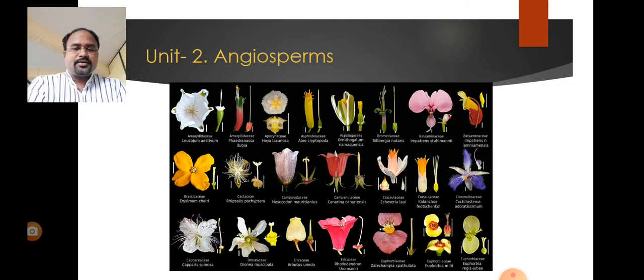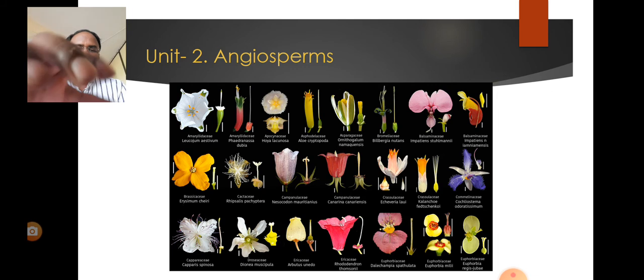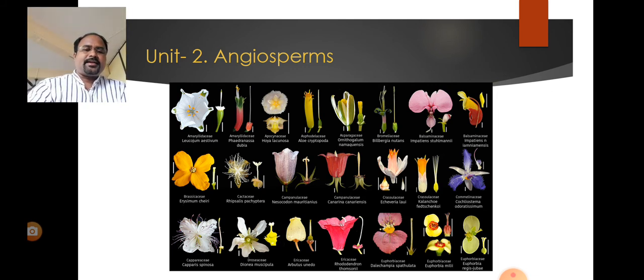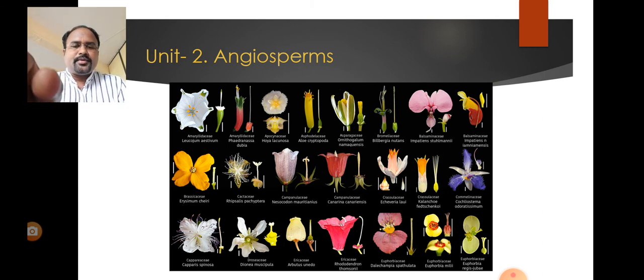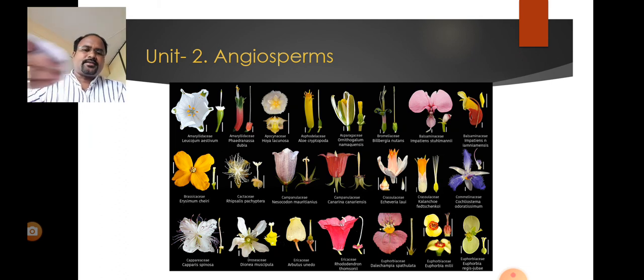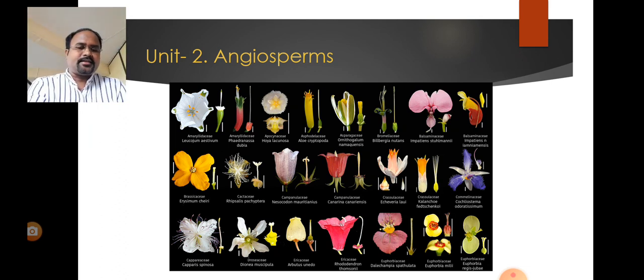So this is unit 1, unit 2 and unit 3. Every unit has 15 lectures, and we have to do the practicals. In unit 1 there are 4 practicals, in unit 2 there are 3 practicals, and unit 3 has 4 practicals. So in the next lecture we will start with the general characters of the division Phaeophyta: distribution, cell structure, range of thallus and economic importance. Thank you.